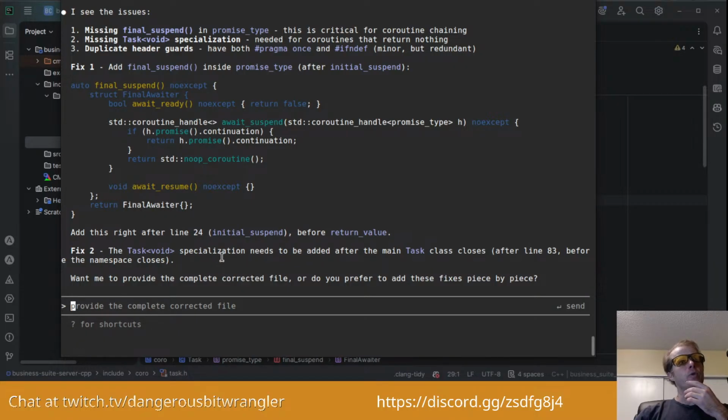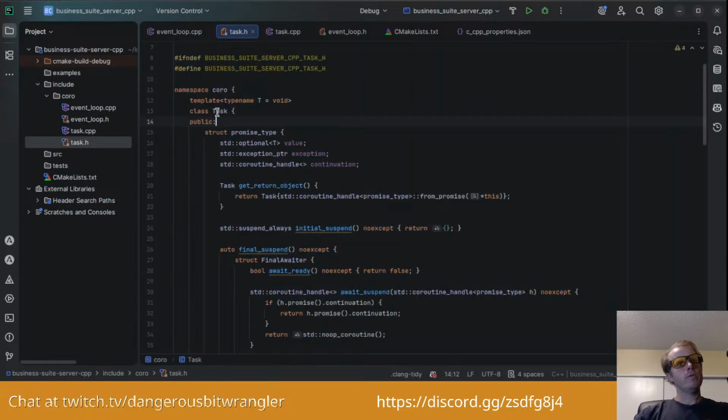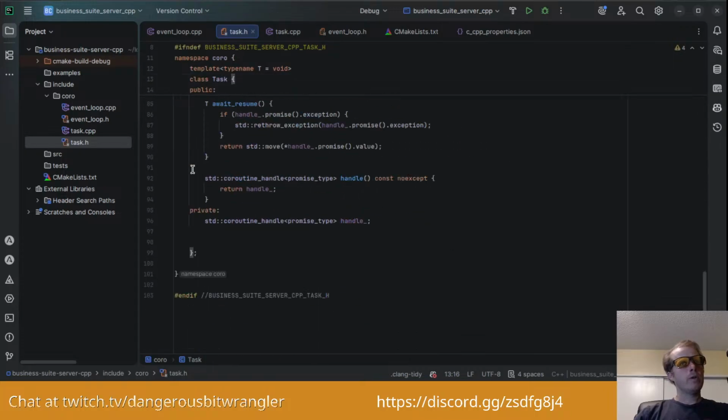The task void specialization needs to be added after the main task class closes. After line 83. Interesting. So I think that would be wherever the main class closes.